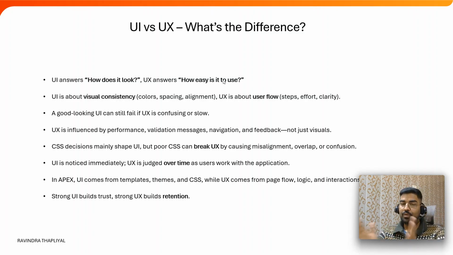UI is about visual consistency, color, spacing, alignment. UX is about user flow, steps, effort, clarity. This is what I'm trying to explain, the major difference between UI and UX. Then, a good-looking UI can still fail if the UX is confusing or slow. As I gave the example of an e-commerce website, when you land on it, you see the UI and it looks great, but as soon as you click the buy now button, you see that the flow is not